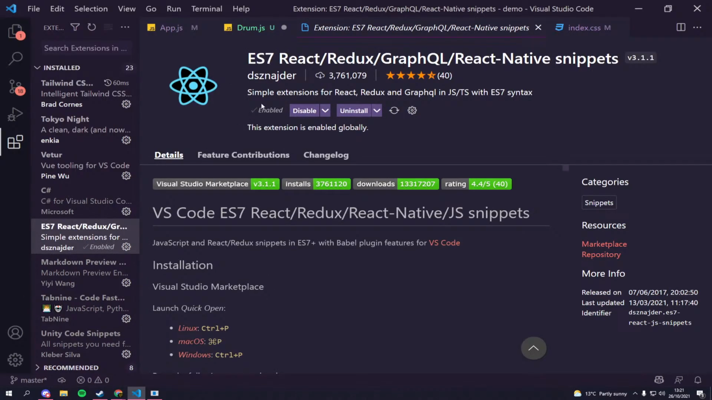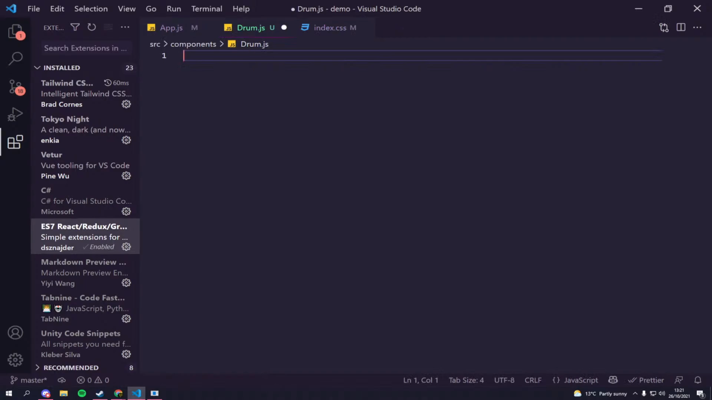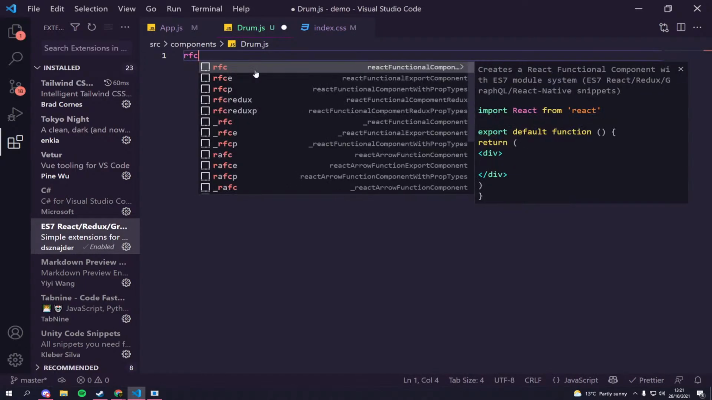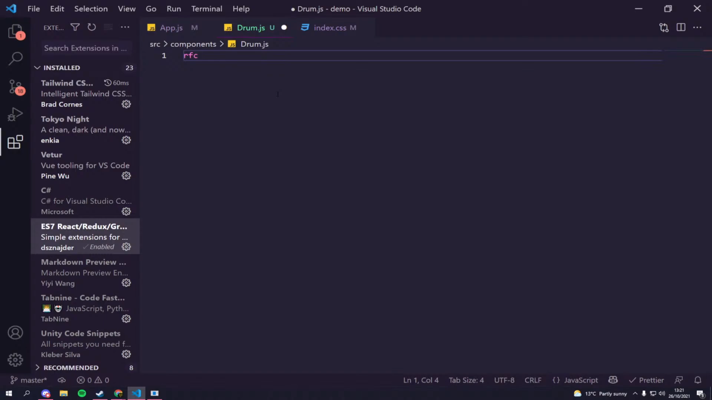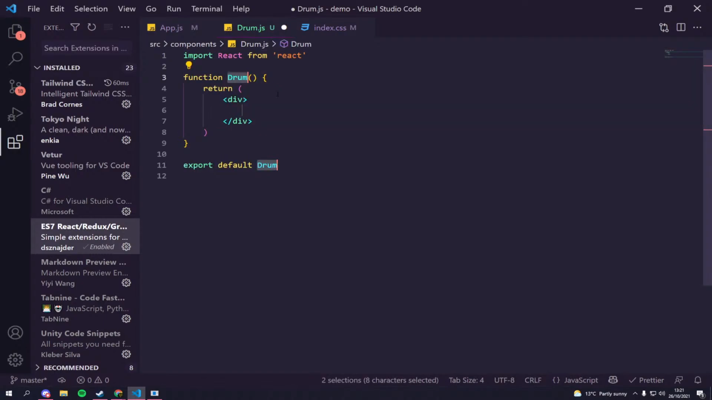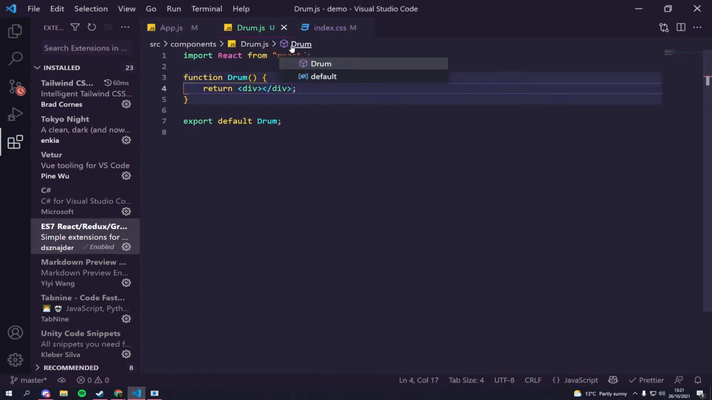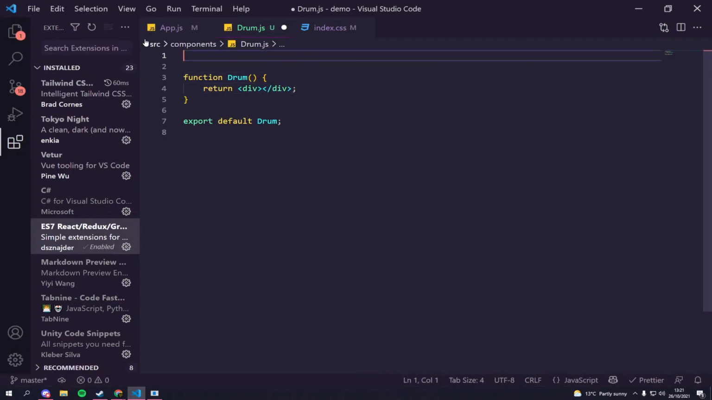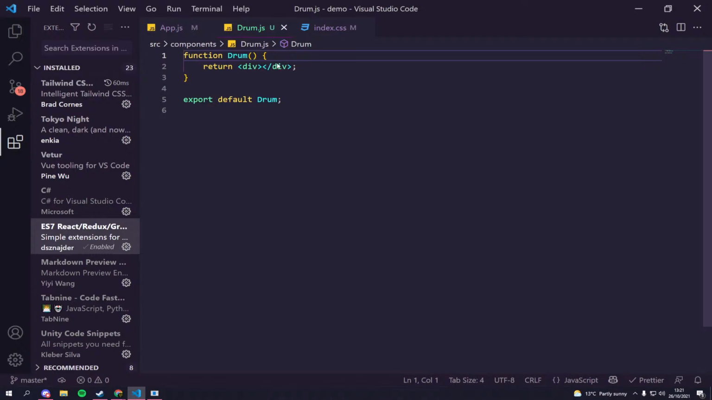So guys, if you want to know what I'm about to do, look at the ES7 React Redux GraphQL React Native snippets. This will give us the ability to say RFC, React functional component. Actually, React functional component export, because I prefer it like that. And there we go. We've got a new little thing, although we don't need the React import because that's not important. All right, let's go like this and give this a class name of